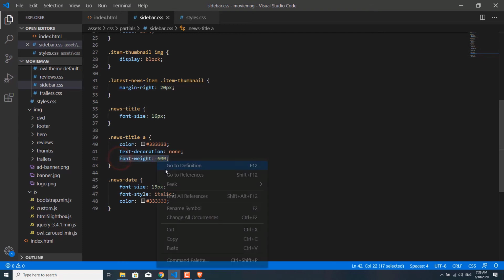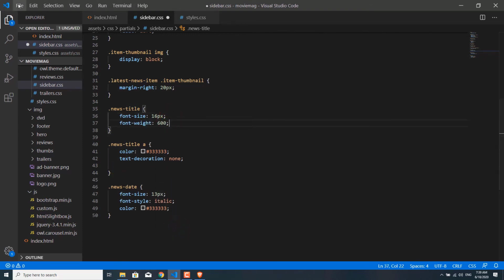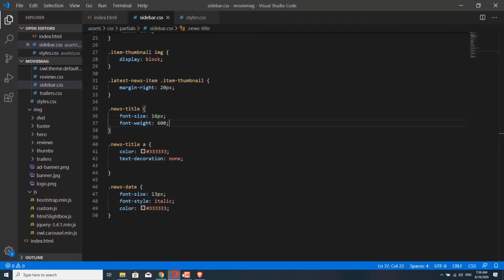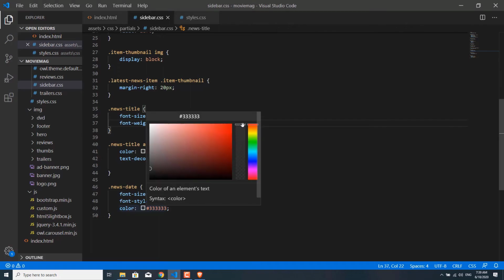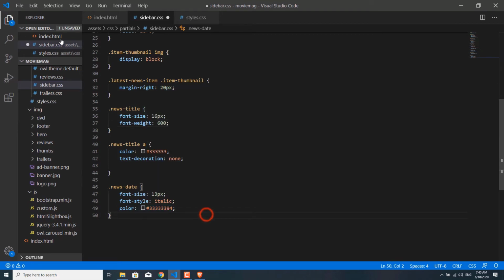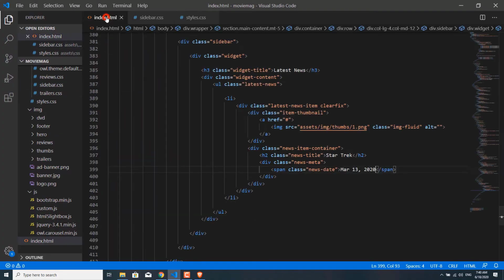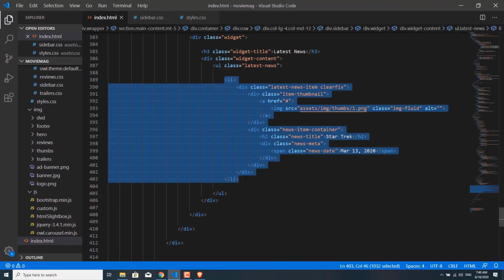Oh, maybe we need to add this here. Okay, and maybe for this color we can add some slight transparency, like this. Yeah, that's much better. Okay, so all we need to do is go back to index.html and just copy this li